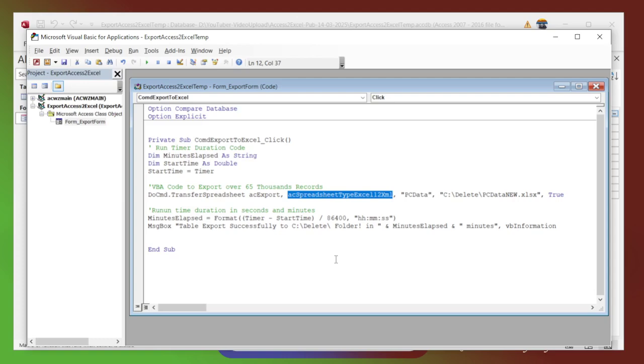And the importance of this: in the previous version, we have acSpreadsheetTypeExcel3 to 10, which if you use it, is going to transfer less than 65,000 records. So I'm showing you this method in combination with all this additional code. The PC data is the table in my Access database. The C delete is my file location, and the PC data new is my new Excel file that will contain the entire 650 something thousand